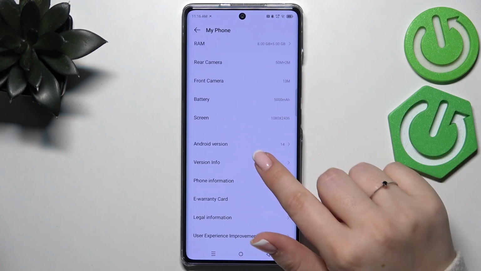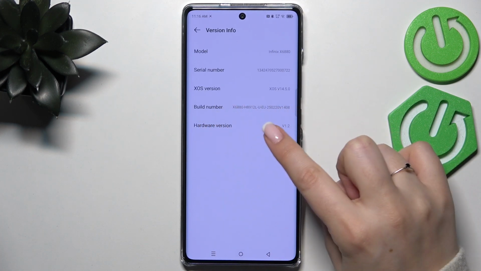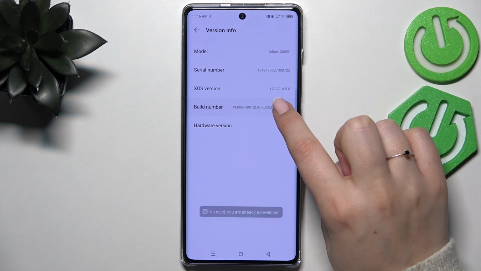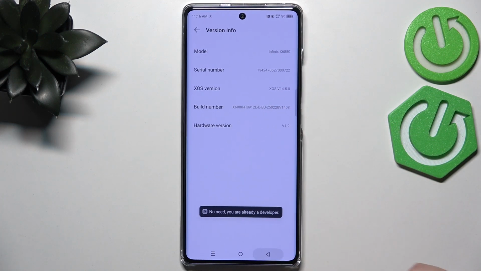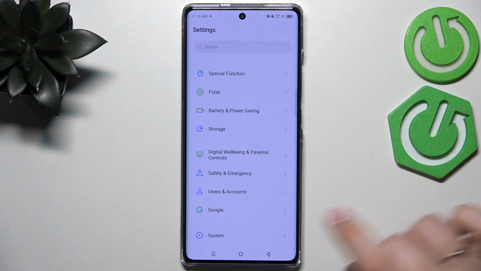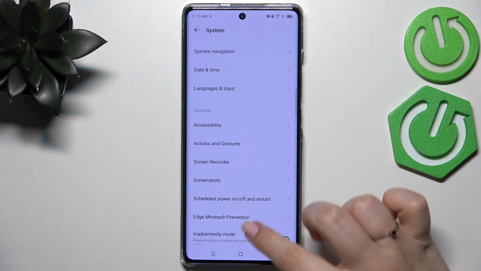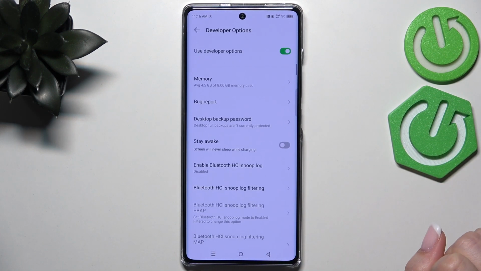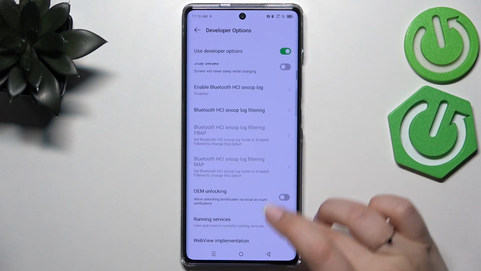Now we have to scroll down and enter version info and localized build number. Let's keep tapping on it until you'll see that you're in the developer mode, and now we can go back to the general settings, scroll down to the very bottom and enter the system. Now scroll down again and enter developer options, and here all we have to do is to scroll down just